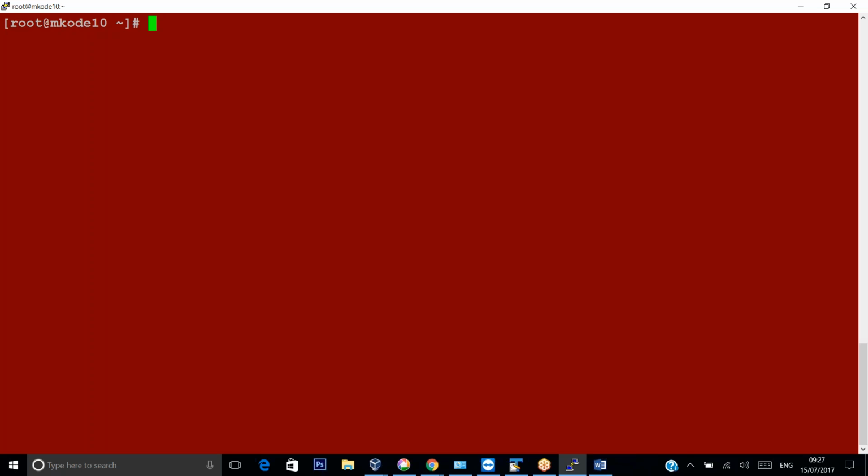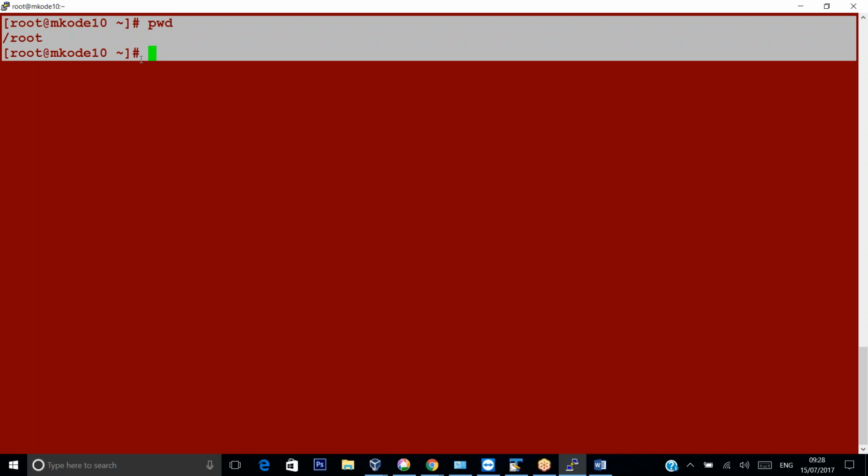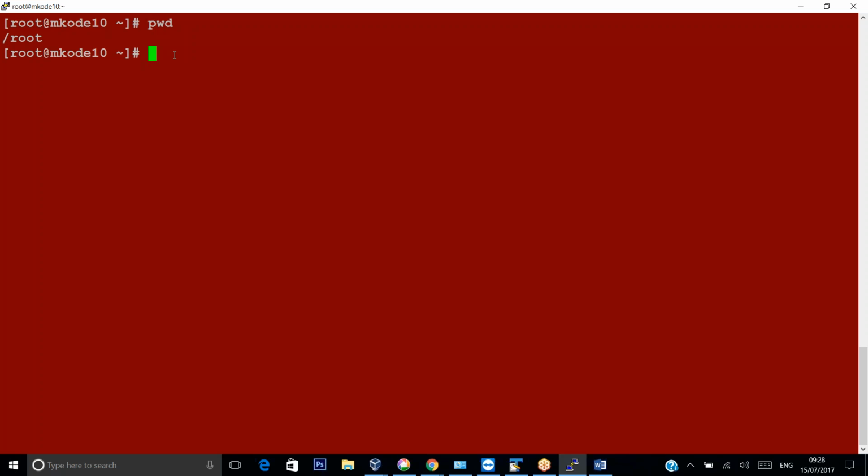Another thing: in the other demo, it asked me about the bashrc, right? As I said, for every user there is one home location. The moment you log into a particular user, you log into that user's home location. See pwd; for root, this is the home location basically. In that location, if you say ls,